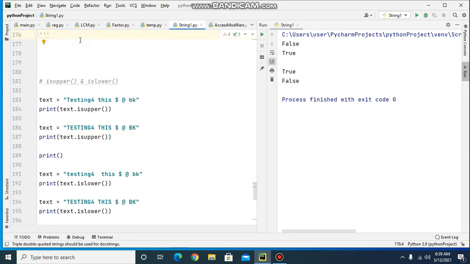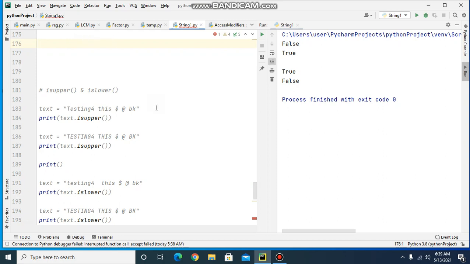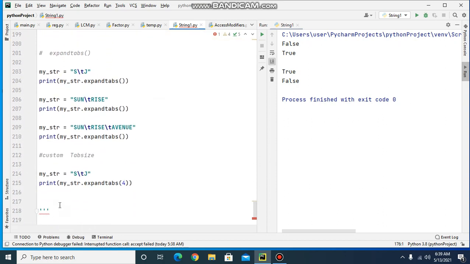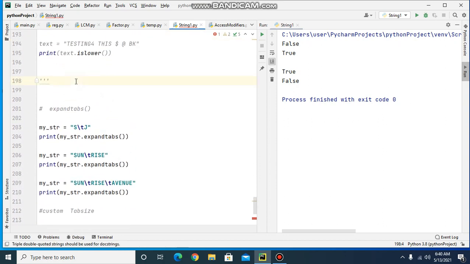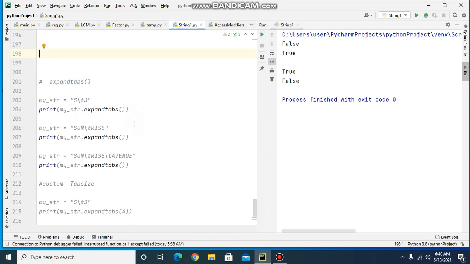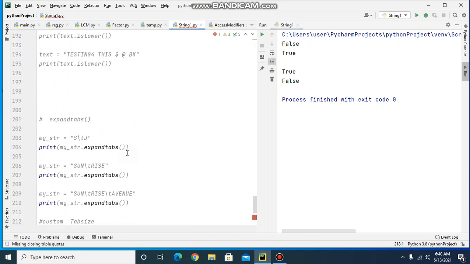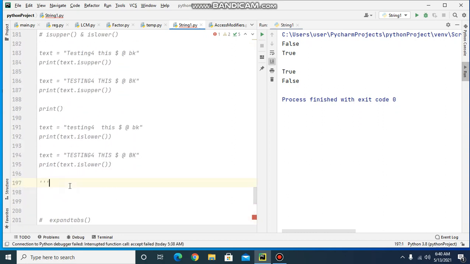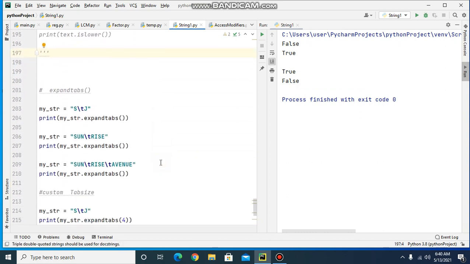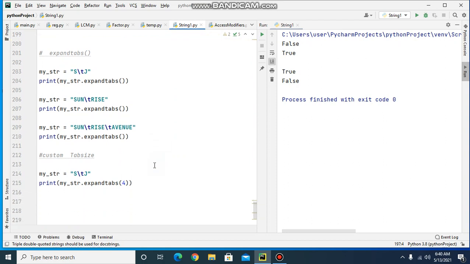Now we will see the expandtabs method. So we can set the number of spaces of a tab here.